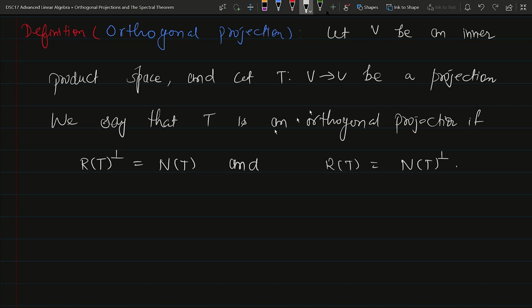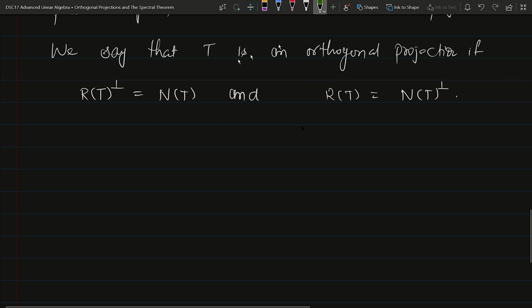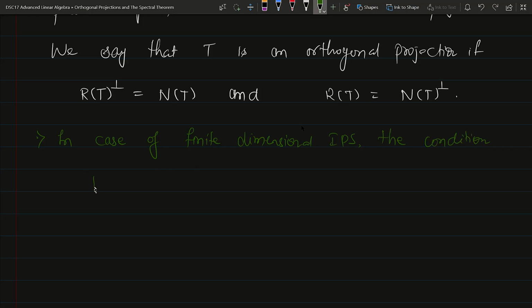Okay, now अगर V finite है तो उस केस में this condition implies this one, but in case of infinite we need to verify these two conditions. Okay, so let me write this observation. In case of finite dimensional inner product space, the condition that the orthogonal complement of the range of T is equal to the null space of T,